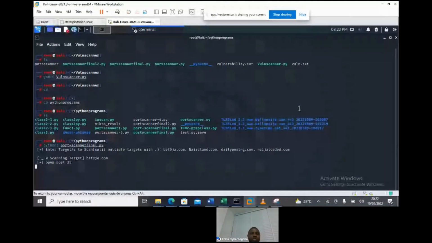As it's collating the banners, you can take your time to do the assignment. Generate vulnerabilities from different websites. You can do comma for 30 websites. Use your port scanner to run it, then start collating the vulnerabilities. You put them in a text file: number 1 vulnerability, number 2, number 3. Then you start the scan and put in that text file. That is how you generate it. It has gone to Nairaland.